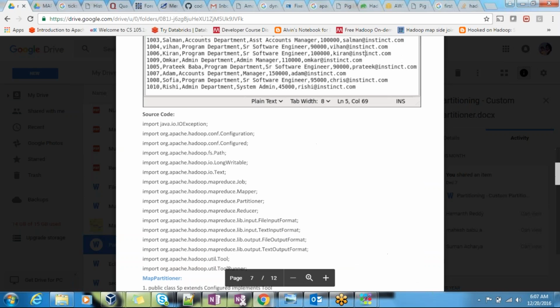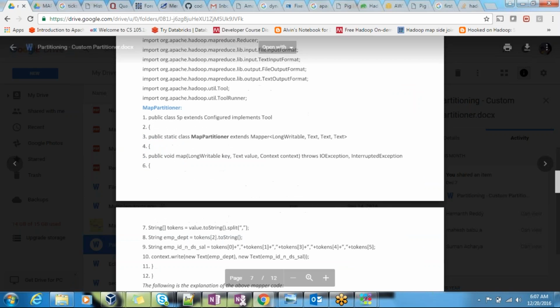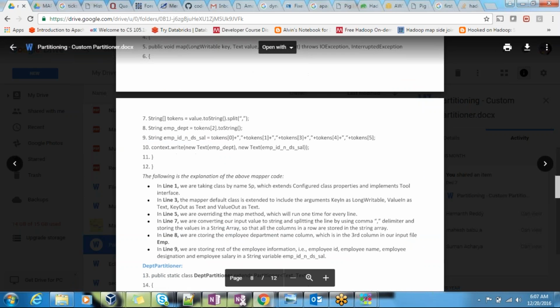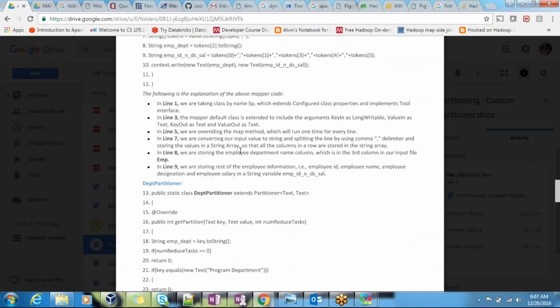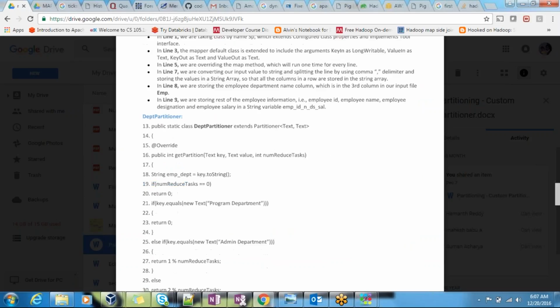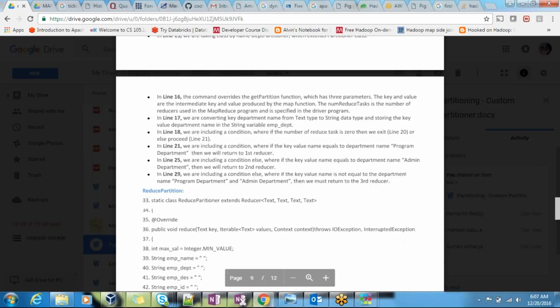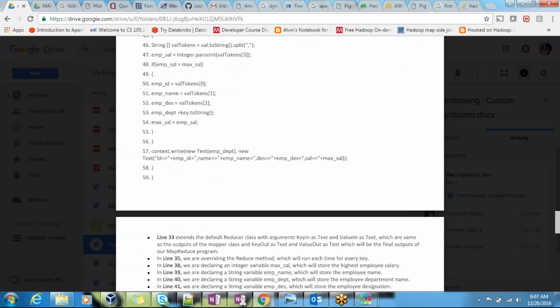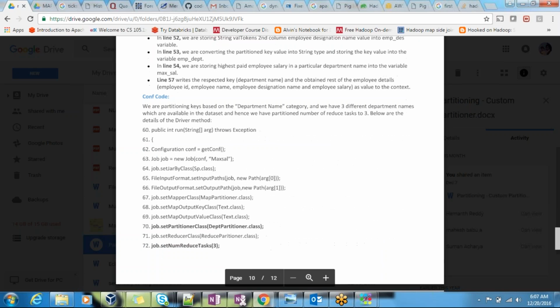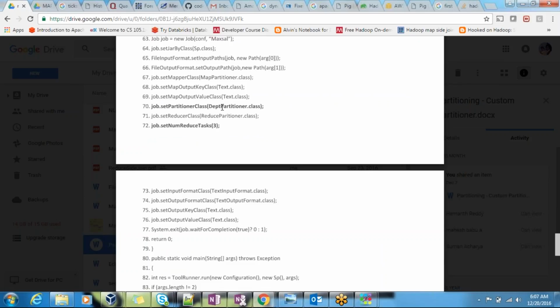Here you are given even examples with screenshots. You have a map, some demo, and each and every line has been explained. That is the reason even a new person who is not from a Java or MapReduce programming background can easily understand. That is the only reason this document looks very big. Nothing to worry about. Everything is clearly explained here. The main part we need to understand is that in the driver class you need to set the partitioner class, if you are using your own partitioner, and the number of reduce tasks.